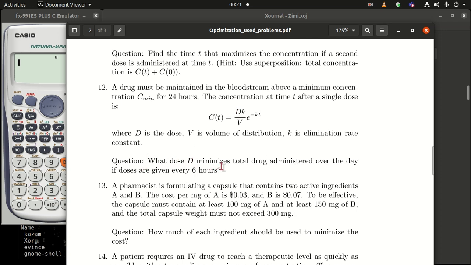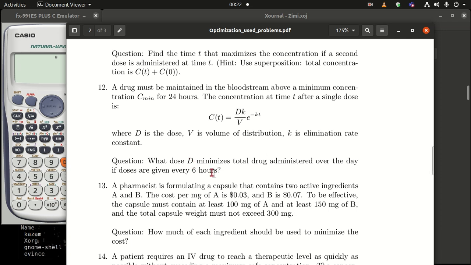What dose D minimizes the total drug administered over the day if doses are given every 6 hours? So what we are trying to do here is, every 6 hours we keep injecting this amount of dose, right? Every time we inject this fixed amount of dose every 6 hours, or there is this pill that you keep taking every 6 hours,